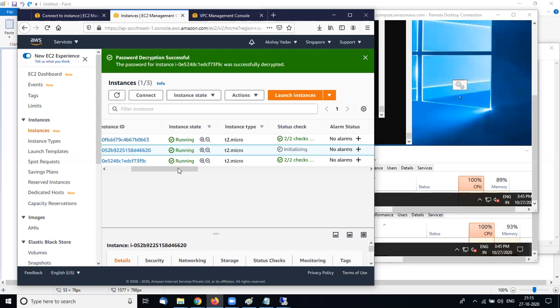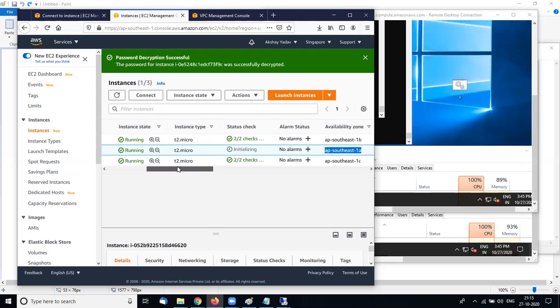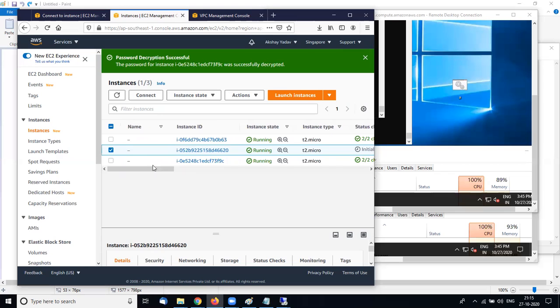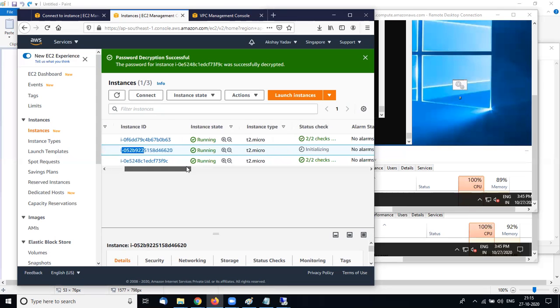While it is being created and running for just 1 minute, as I set in my metric, it is then deleted, because the elastic load balancer divides the load between the instances and the machines.